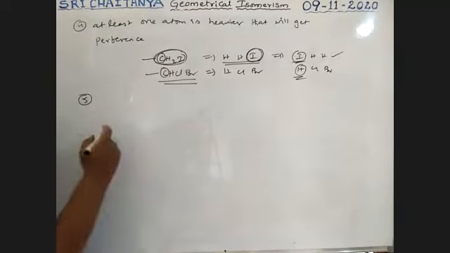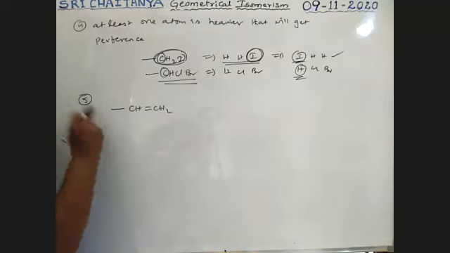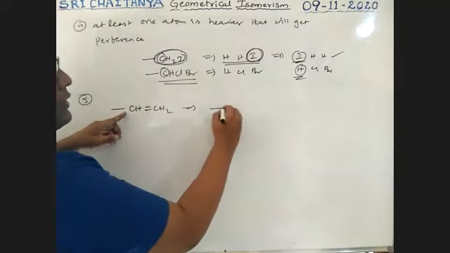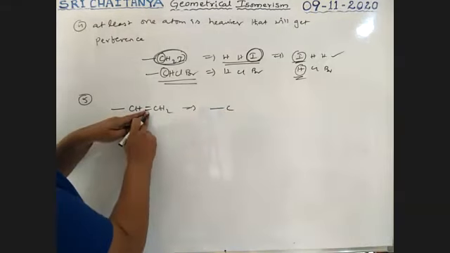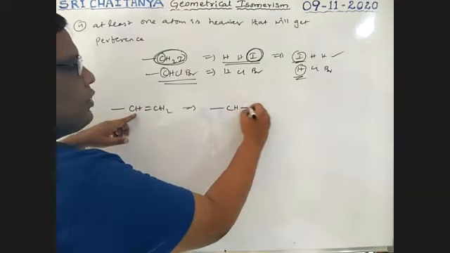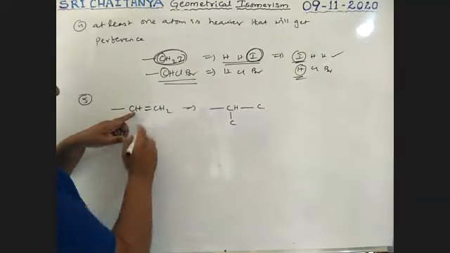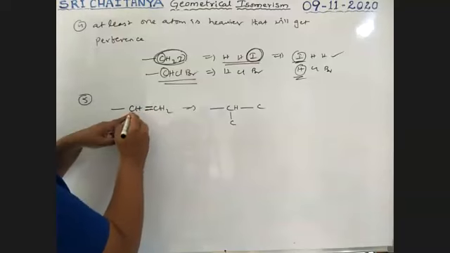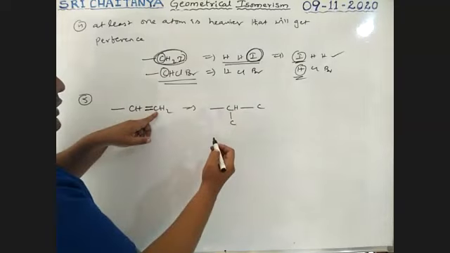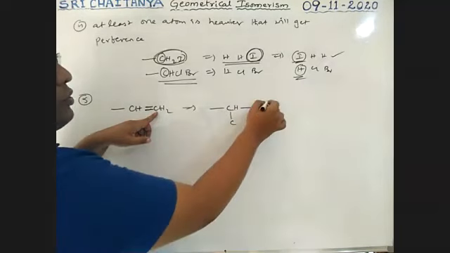Next point. See here, boys. For example, CH double bond CH2. If this is the group attached to the double-bonded carbon, see boys, this is the carbon. A double bond means one bond with carbon, another bond also with carbon. That means this is C double bond C, so this carbon is attached with one bond to carbon and another bond to carbon. It is like this. Now this carbon ends, with one bond to carbon and another bond to carbon. So these two are the same.